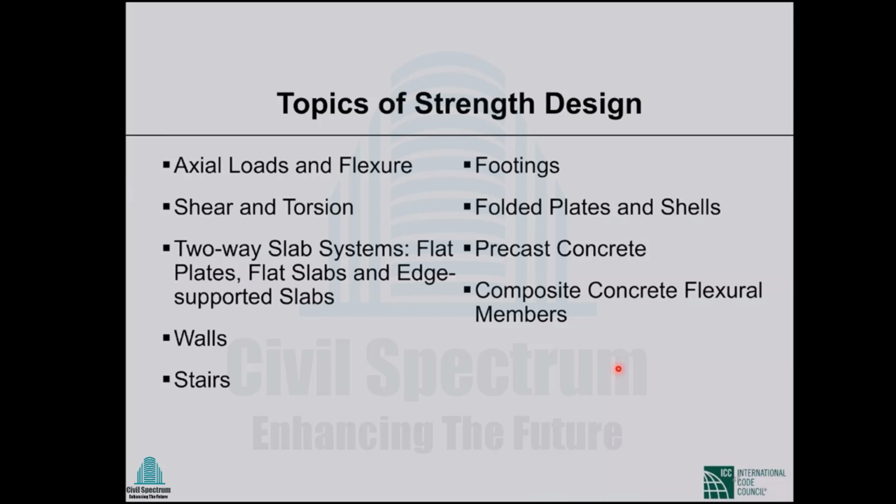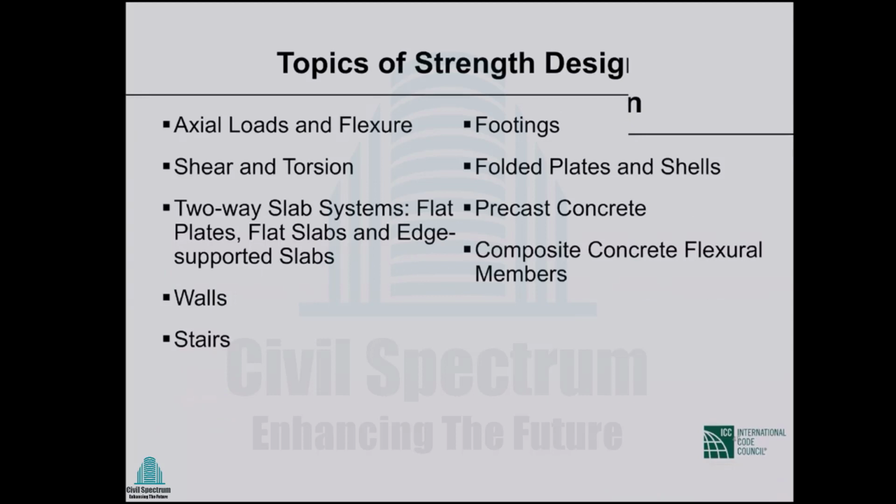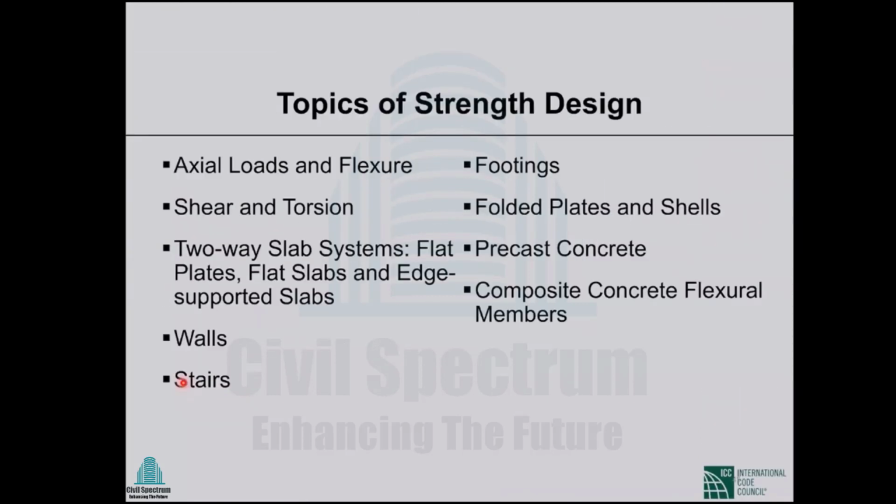I think this will be covered by Dr. Ghosh. So the topics that are mentioned in this chapter are these. Basically the titles are similar to the previous version, but the formulas and the contents are different. This time it is completely similar to ACI 318-08, except the stairs. Stairs is similar to our previous version of the building code. Oh, not completely similar. There are some new additions even in the design of stairs. Some tables have been added.